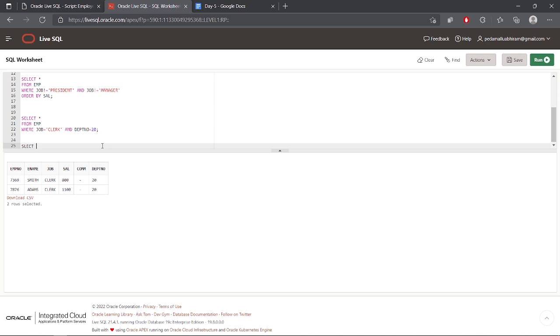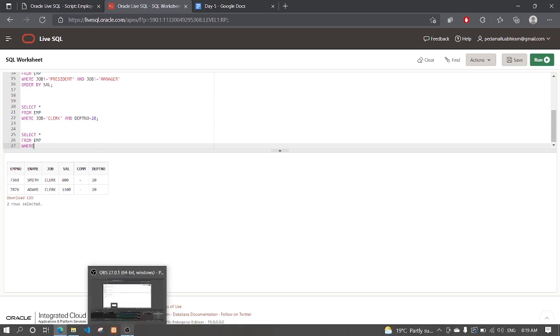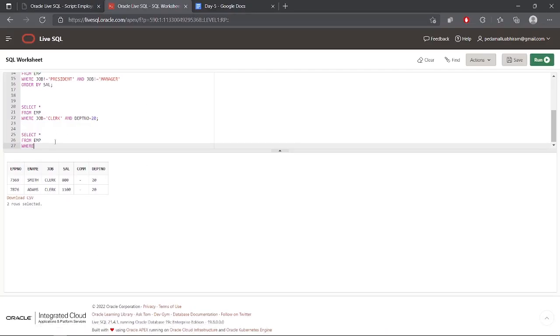Select all from EMP where 5 is greater than or equal to